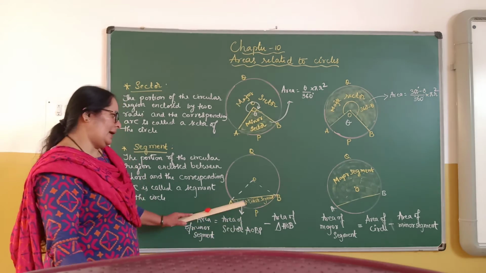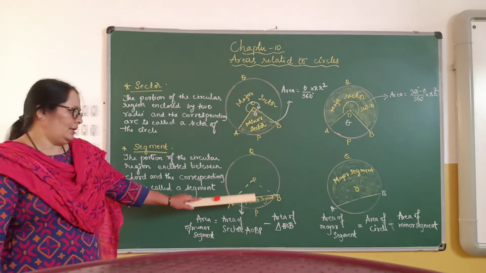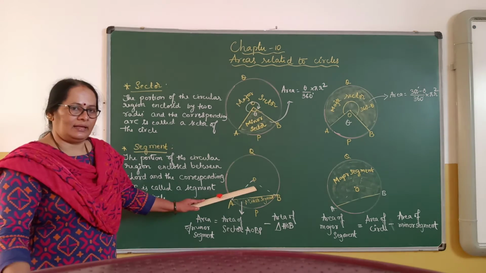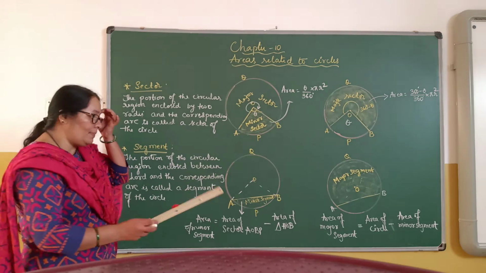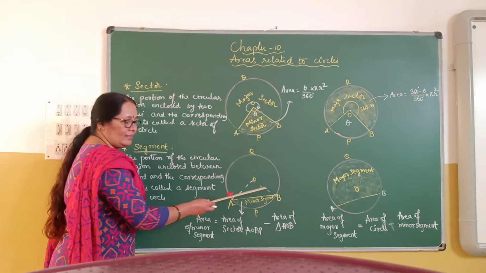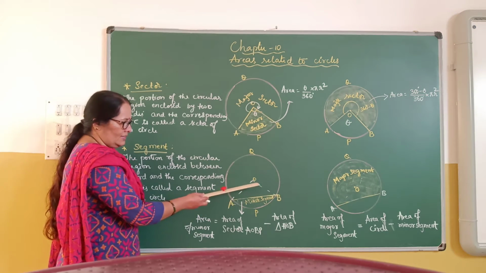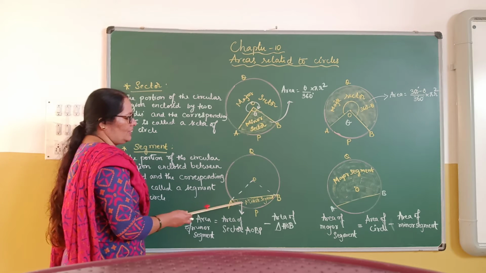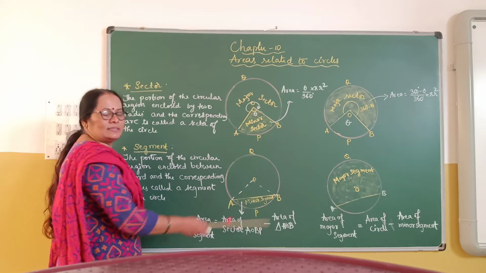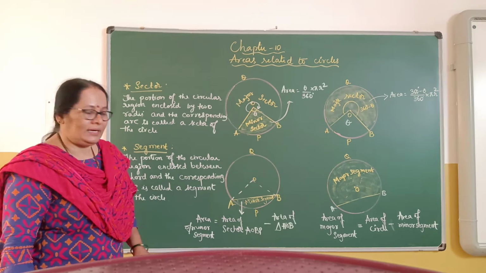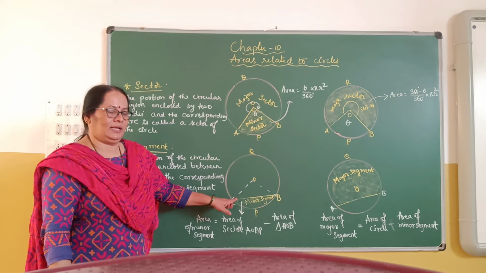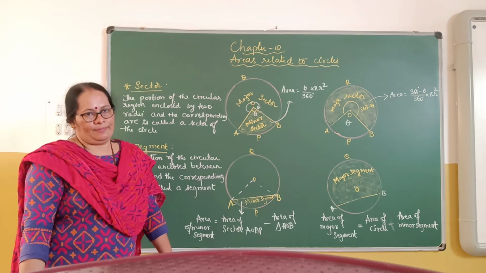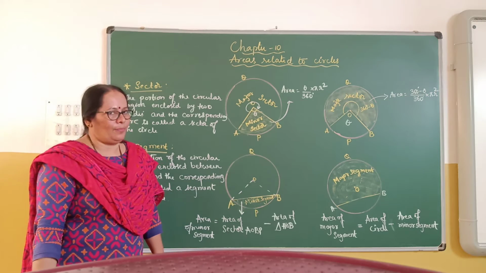Similarly, to find the area of the major segment, you need to calculate the area of the circle minus the area of the minor segment. To find the area of the triangle, suppose the central angle is 60 degrees, then it will be an equilateral triangle. Why? Because AO and OB are the radii of the circle. Suppose the central angle is 60 degrees, then the other two angles will be equal, right? So angle A plus angle B equals 120, so each angle is 60 degrees. Understood? You can use the root 3 by 4 side square formula to find the area of triangle AOB.